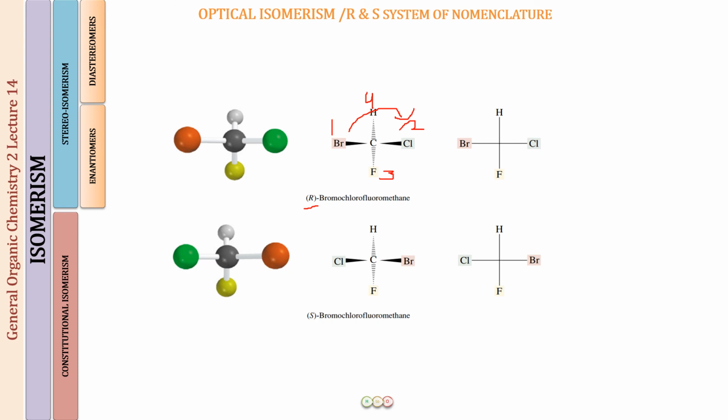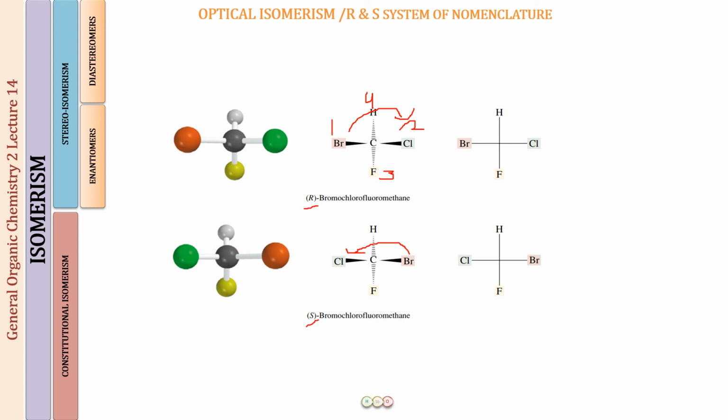And the opposite one, obviously, is the mirror image compound. So if this one is R, this has to be S. Can we check it? Yes, we can definitely check it. Bromine is priority group number 1. Chlorine is priority group number 2. And the arrow is pointing in the anti-clockwise direction. Yes, the name of the compound is going to be the S isomer.